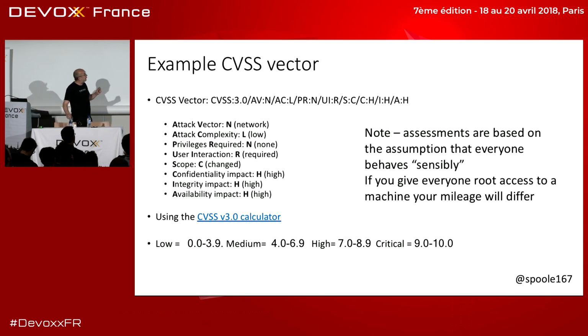So they have this thing called a vector. You can read the words. And they're the sorts of things you might think of about how do I assess what the impact, right? What is it going to hit? Is it going to hit my availability, my integrity, my confidentiality? All those things are marked, right? And then there is a big score, comes out at the end, okay, and we say, hey, this is probably the number one thing you need to fix, or it's not that important, okay? It all works on the basis that you are the ones who have, you're using your system correctly and you haven't given everybody root access and things like that. If you behave non-sensibly, then all bets are off, okay?